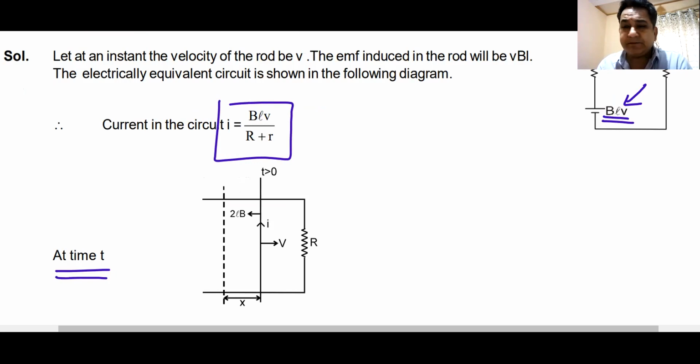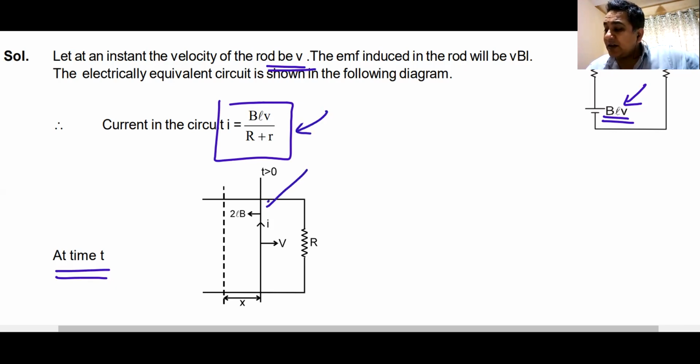After any time t, what will happen? The velocity of the rod will keep on decreasing. Why? Because of the motion of this rod, this EMF is induced in this loop. So this induced EMF will be applying a force. The direction of current will be such that the force will be applied in the reverse direction, so that the speed of the rod reduces, because the motion of the rod is the reason why this EMF is getting induced. So you find the current.